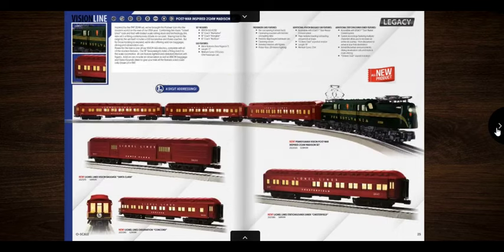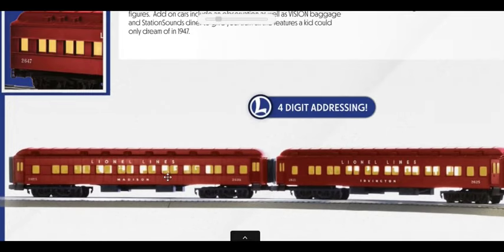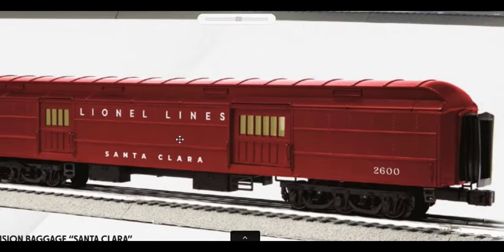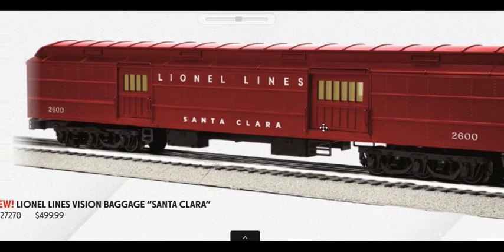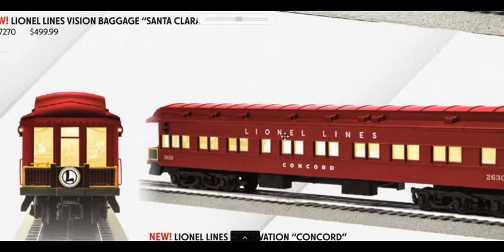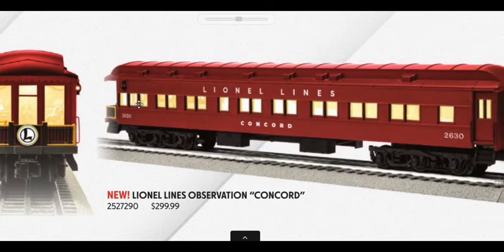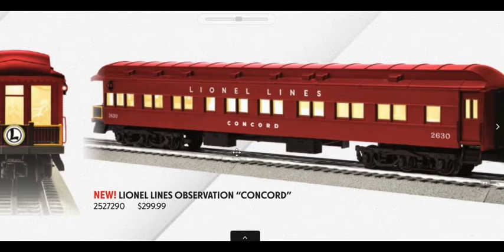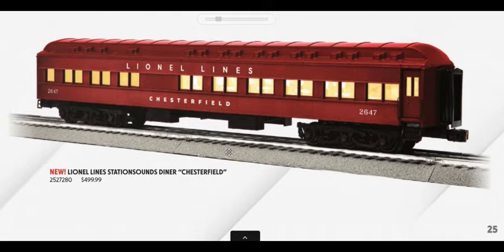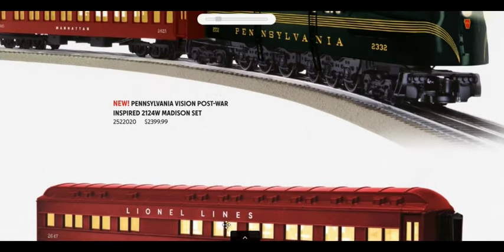What would a classic Lionel post-war passenger set look like if it was made to modern standards? The post-war inspired 2124 Madison set is your answer. Powered by the appropriately numbered number 2332, the set features 3 18-inch heavyweight passenger cars reminiscent of Lionel's so-called Madison or Irvington cars. In fact, the cars are named Madison, Irvington, and Manhattan. The set is priced at $2399.99. And don't forget the add-on Santa Clara baggage car for $499.99, the add-on observation car, Concord, for $299.99, or